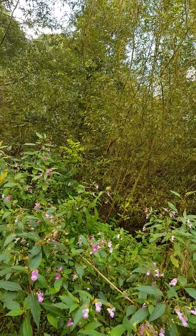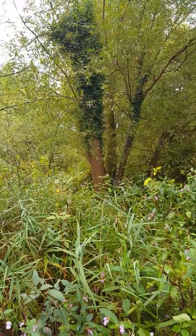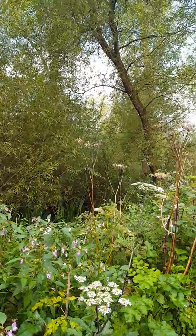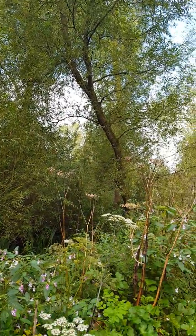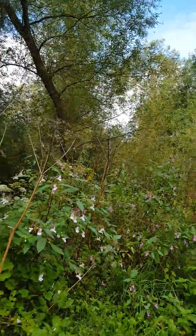And these clones, they'll grow up and break and fall and flatten the opposition as well. It's pretty much the dominant tree where it grows. It's not amazingly common, although you do see quite a lot of them along river banks. They hybridise a lot as well with other willows, so